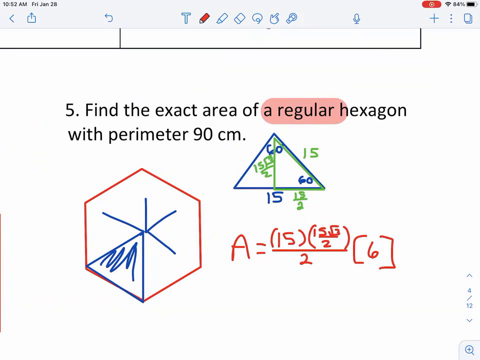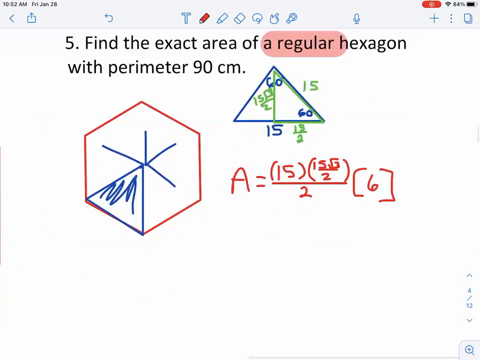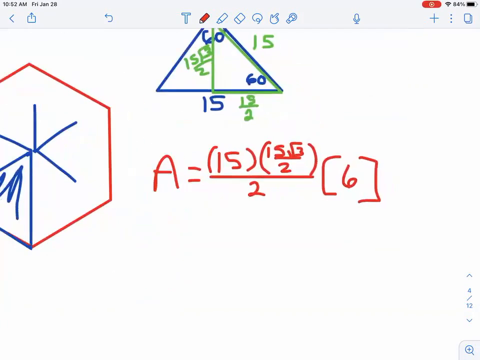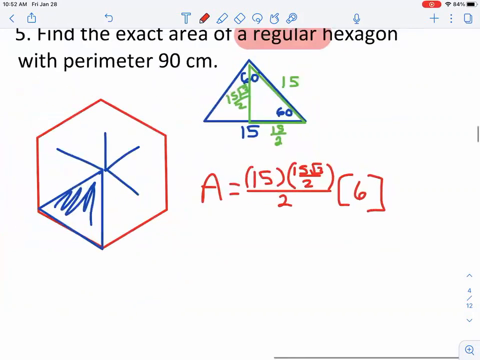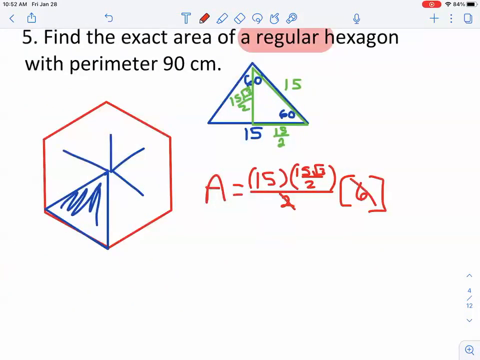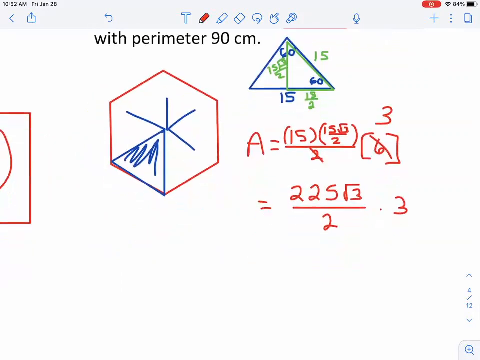And so at this point, we could plug that into our calculator, get an approximation. It would be an approximation because we have that square root of 3 hanging in there. Or an exact answer. Let's see if we can do some work here. I can reduce my 6 and 2, make that 3 over 1, right? And 15 times 15 would be 225 root 3, and then over 2, and then times 3,